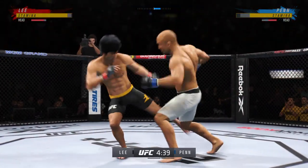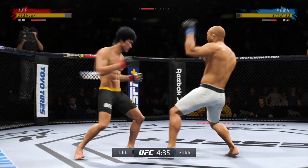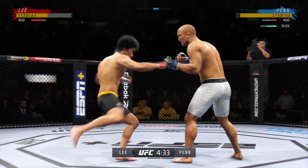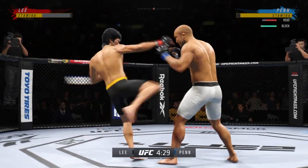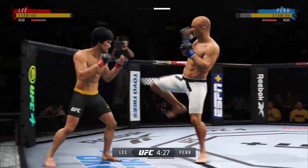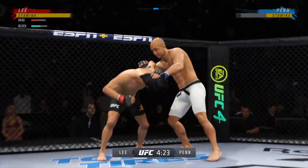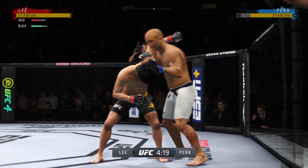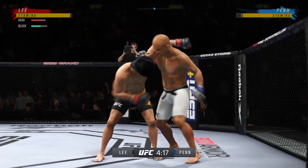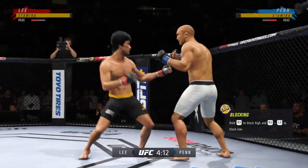Back to the feet. Good series of strikes by him there. Great job of mixing it up, staying active, keeping busy, doing great work. Oh, and he lands another leg kick there. He's already landed several in this round, and the damage is really starting to take its toll. Yeah, and you watch the opponent walking gingerly on his leg, and one big tell that you're starting to really do well with your leg kicks is when your opponent starts...